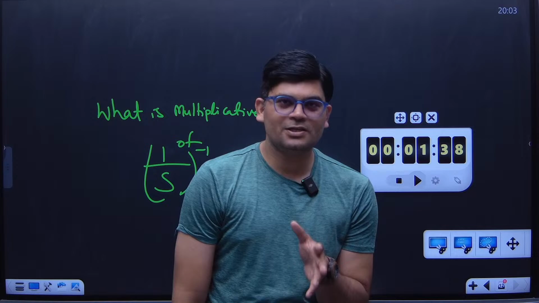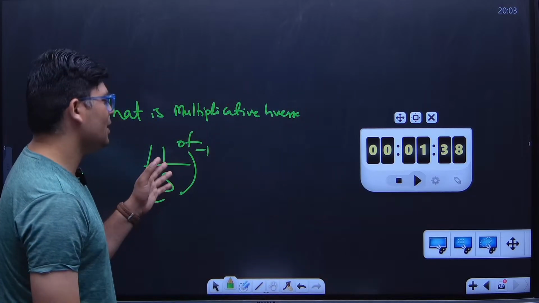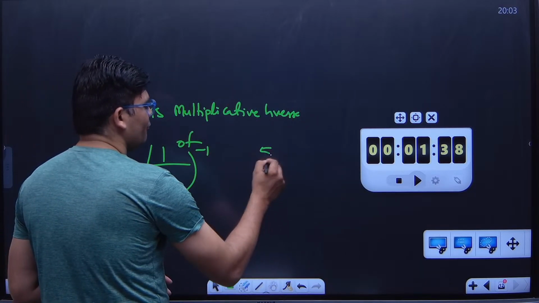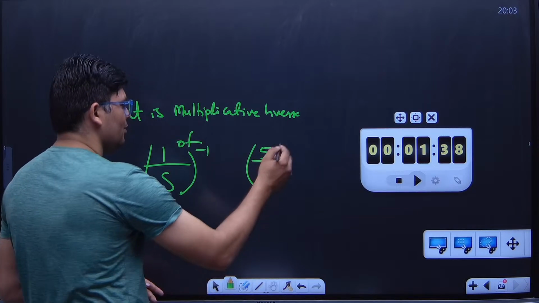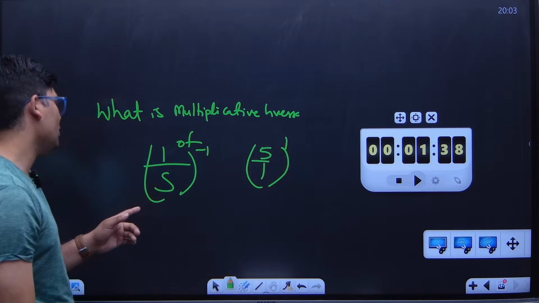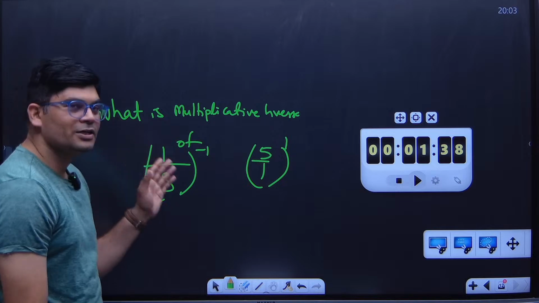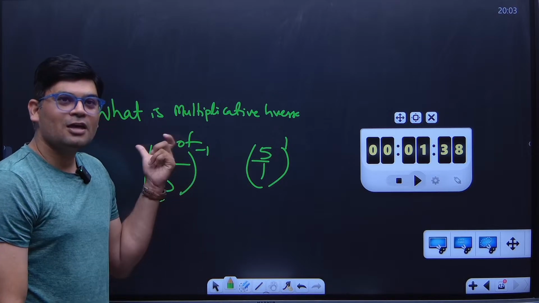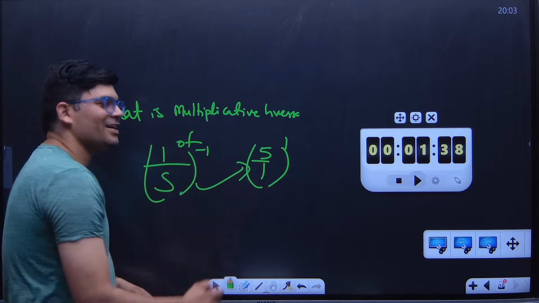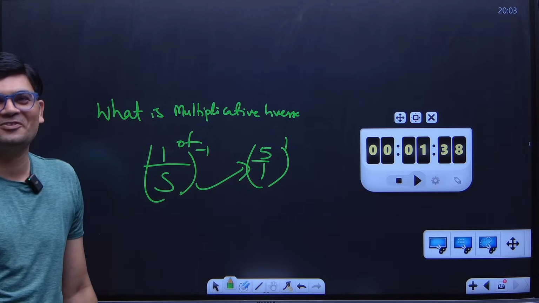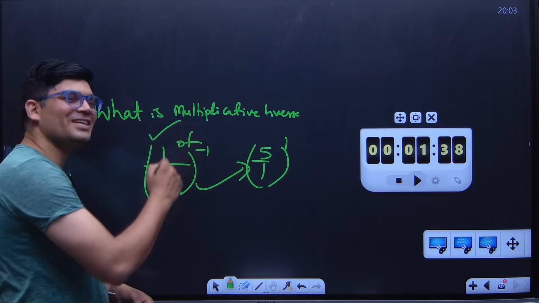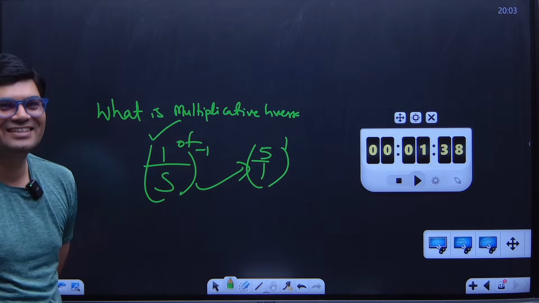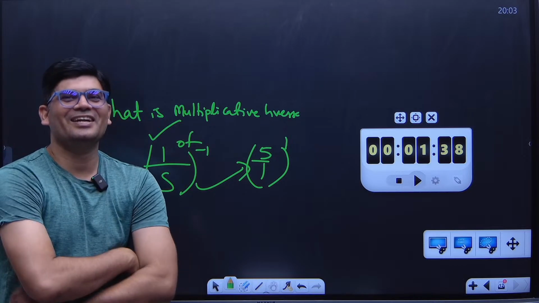So you have been asked what is the reciprocal of the number, and you are saying 5 by 1 raised to the power 1. So what is the value for this? The value itself for this is this, my dear. So this is not the multiplicative inverse. The multiplicative inverse of this number is this number itself. Are you getting it?